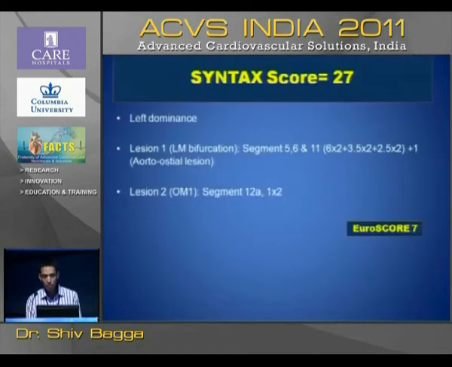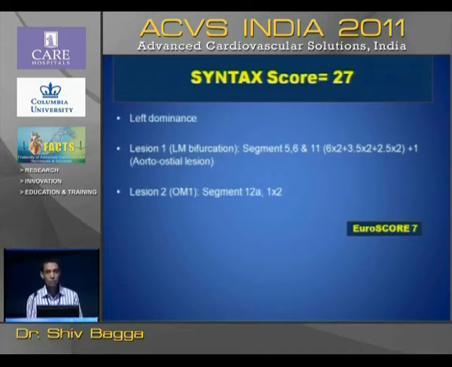He had a favorable SYNTAX score. The EuroSCORE was not that bad. But we have certain considerations, especially in Indian settings. We don't have the real luxury of having IVUS. Then we have issues of dual antiplatelet therapy in old patients, and obviously the angiographic surveillance, which is a real issue in our country because most of the patients don't agree for check angiograms or follow-ups.